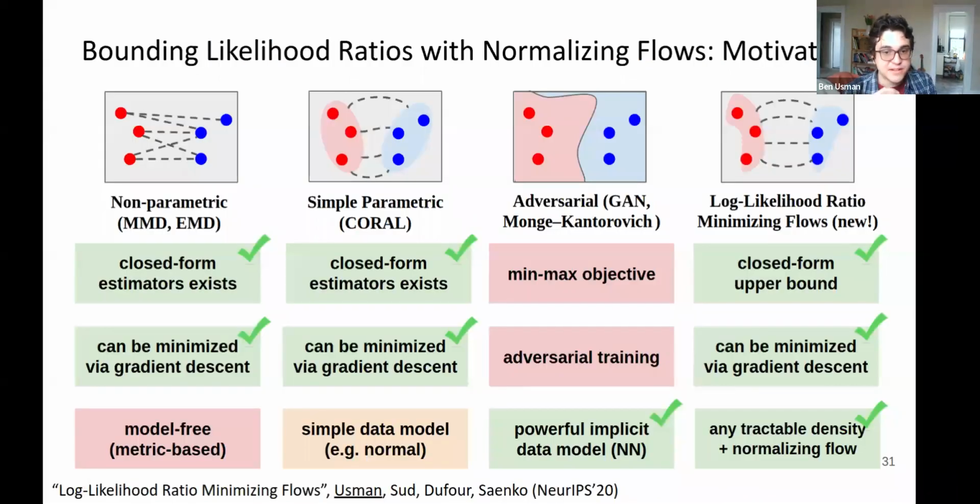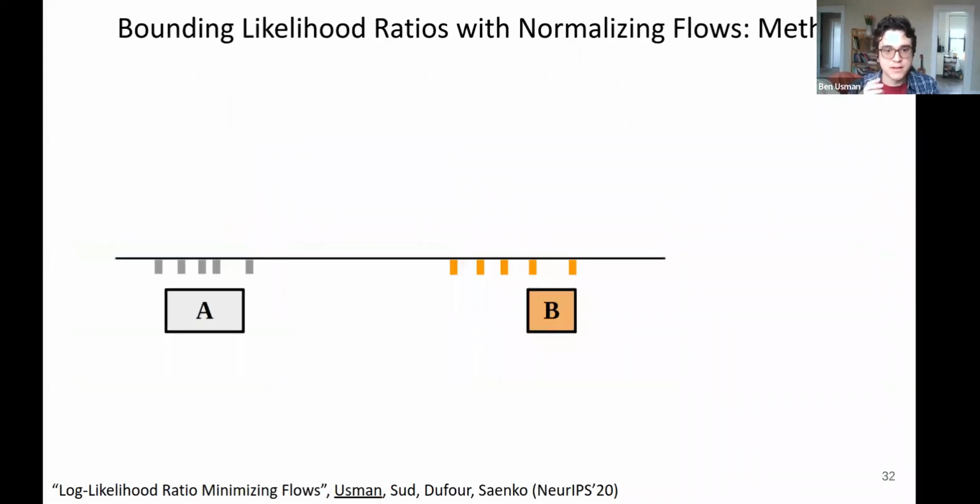Okay, so more specifically, compared to prior work, in this work, we show that we can use any tractable density model as a data model. So it's a huge upgrade compared to the dualization paper or to those simple parametric models. And we still get a simple closed form objective that we can minimize with any flavor of gradient descent you prefer. So we start by assuming that we have two data sets, gray A and orange B, that we want